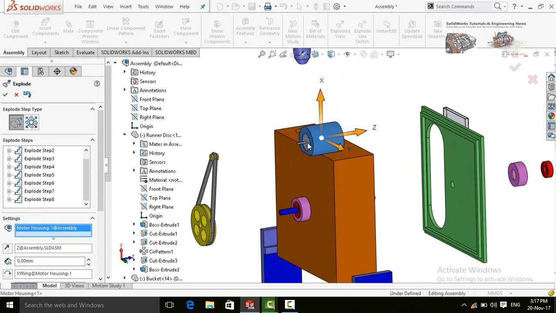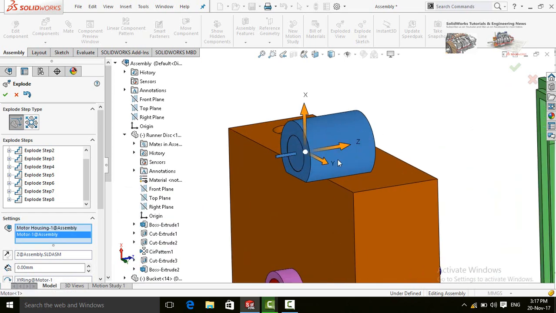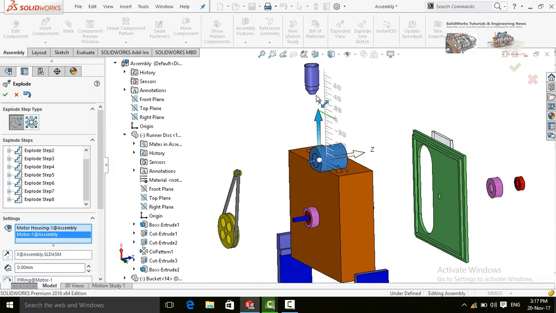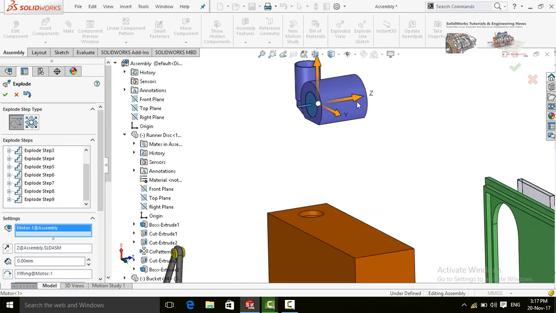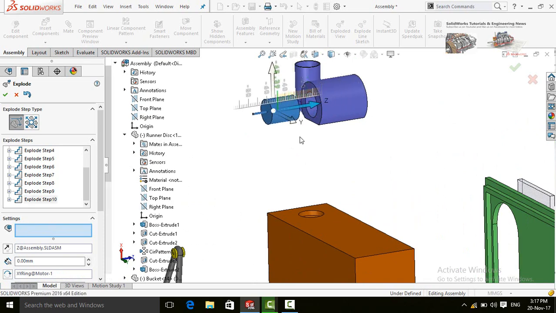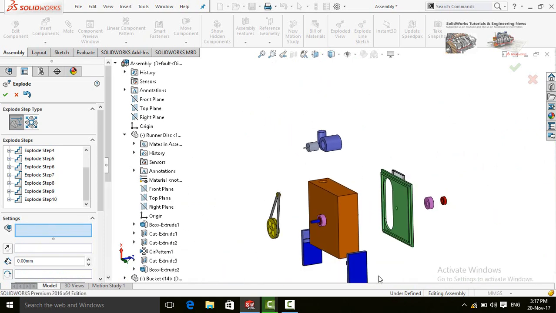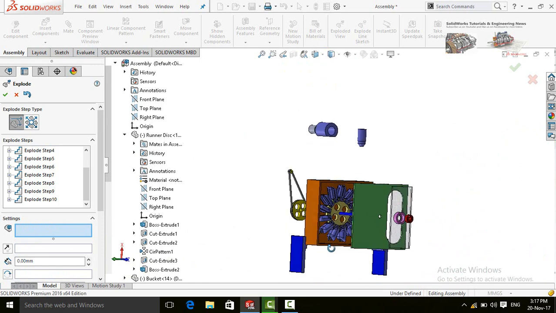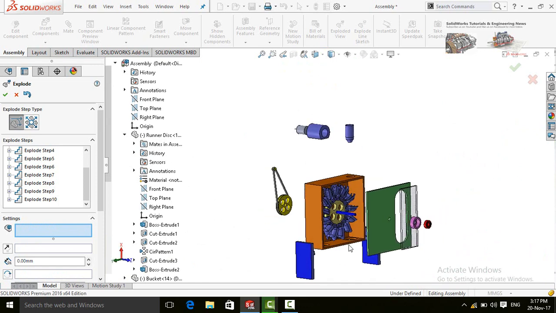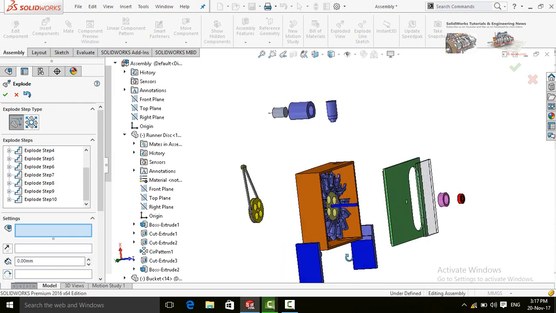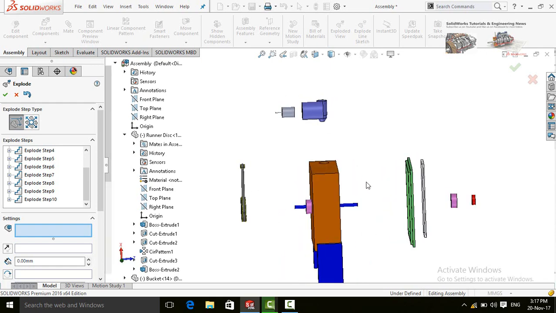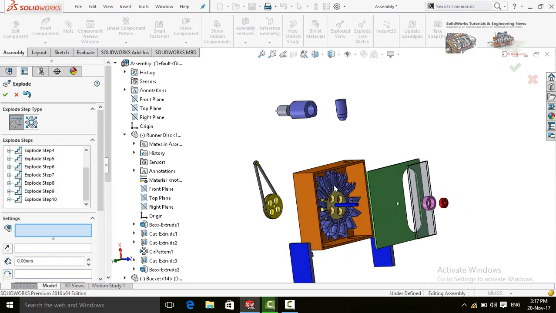Motor casing and motor. Runner disc with all buckets.